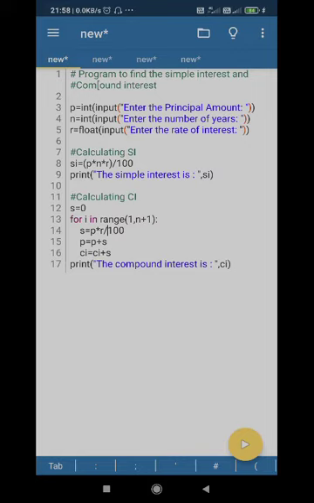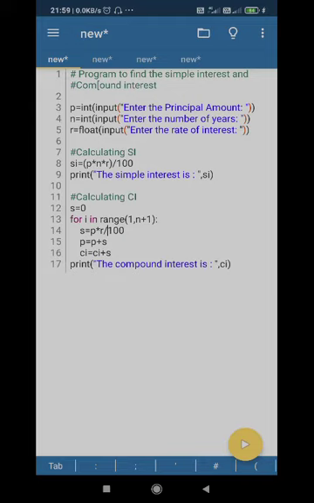So you got the interest for that year. So you need to prepare the principal amount for the next year. That is why in the 15th step we are giving the principal amount equal to P plus S. So the new principal amount will be the already existing amount plus the simple interest, that much interest for the first year. Now what is compound interest?